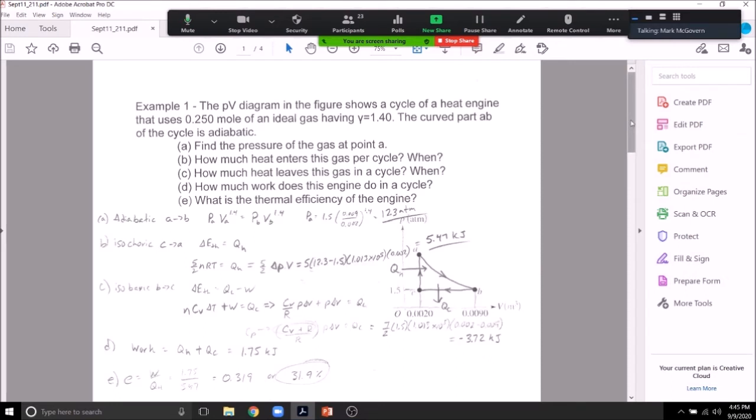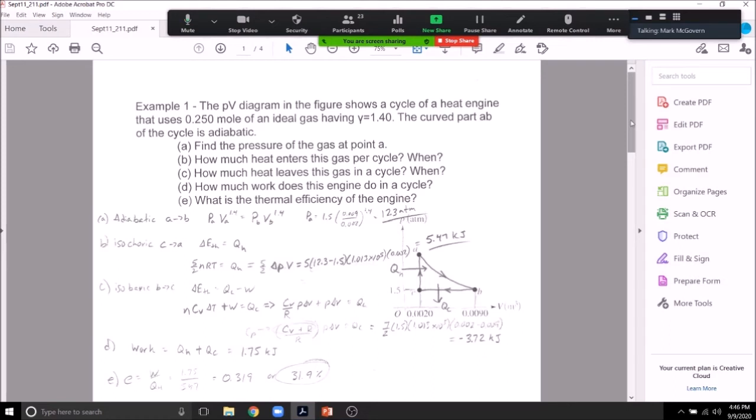We got a PV diagram of a heat engine. We start at point A, and, oh, it's an adiabatic process actually. So A to B is an adiabatic process, no heat transfer. B to C is an isobaric process. That's the cold reservoir aspect of it. That's where heat is extracted out. And C to A is an isochoric process. That's where the heat is being put in.